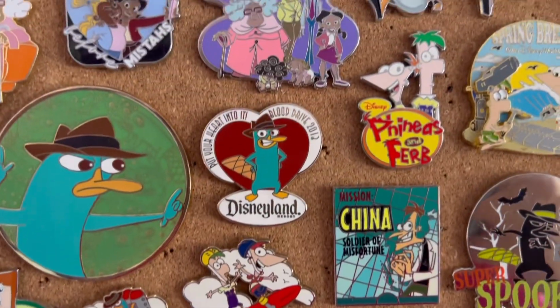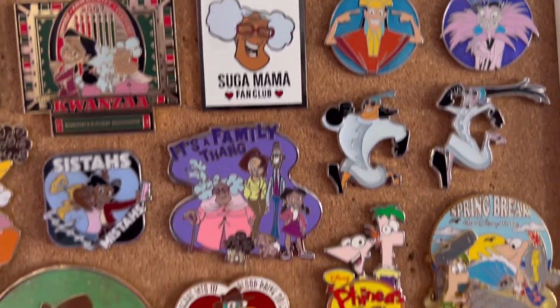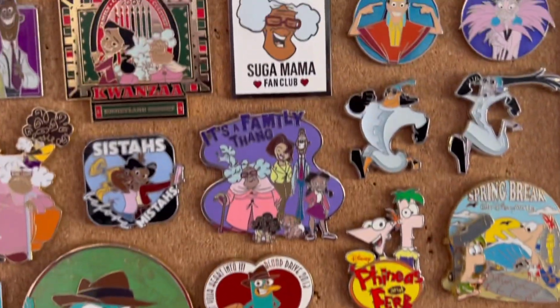Moving up here, yes, more Phineas and Ferb, because I can't get enough of those. I mean, it's an endless summer, so might as well have an endless amount of Phineas and Ferb pins. But up here,